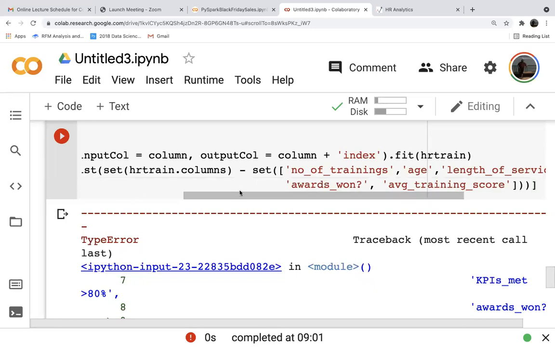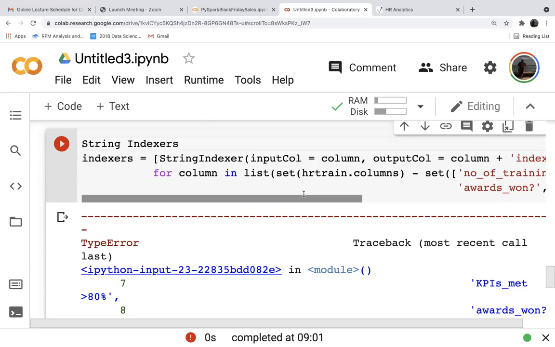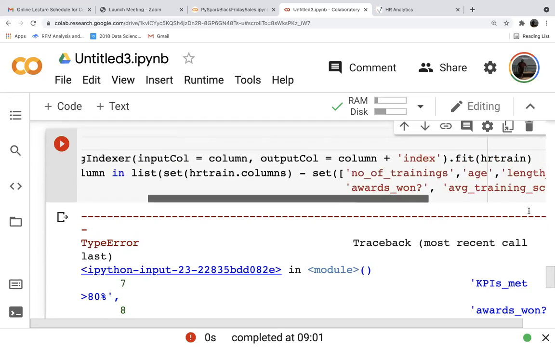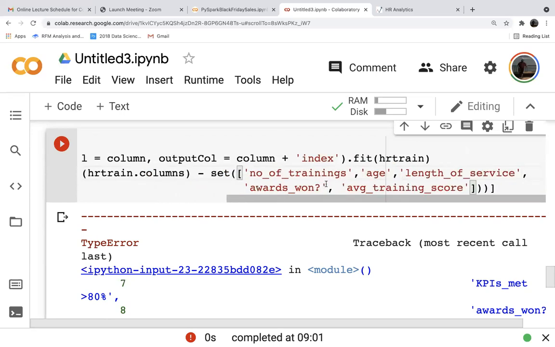So the is promoted also should be in the minus set, right? Yes. That will be there automatically. If you are not deducting it from this, it will be there automatically. Awards one again should not be here. Awards one was 0, 1 actually. That's why I'm removing it.